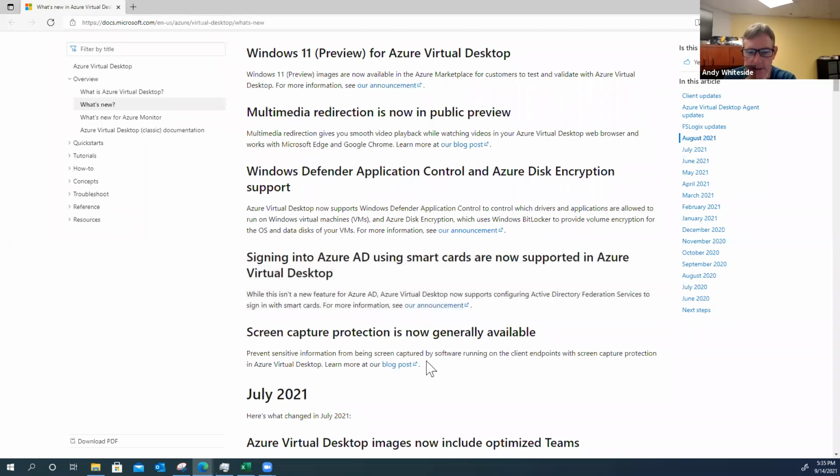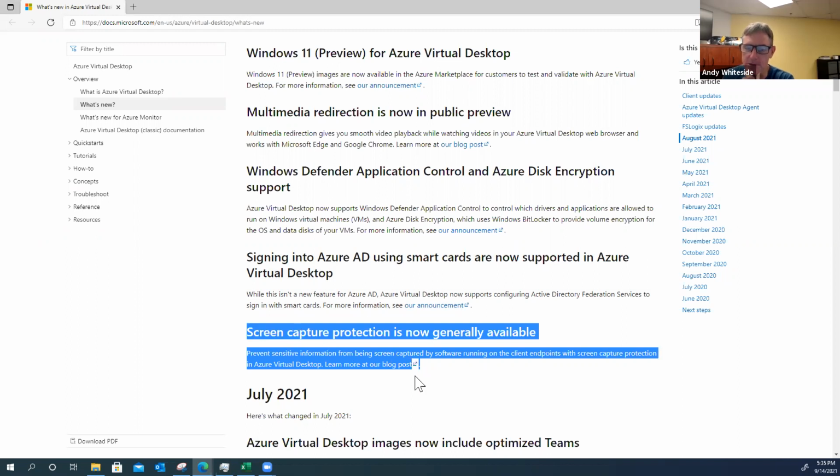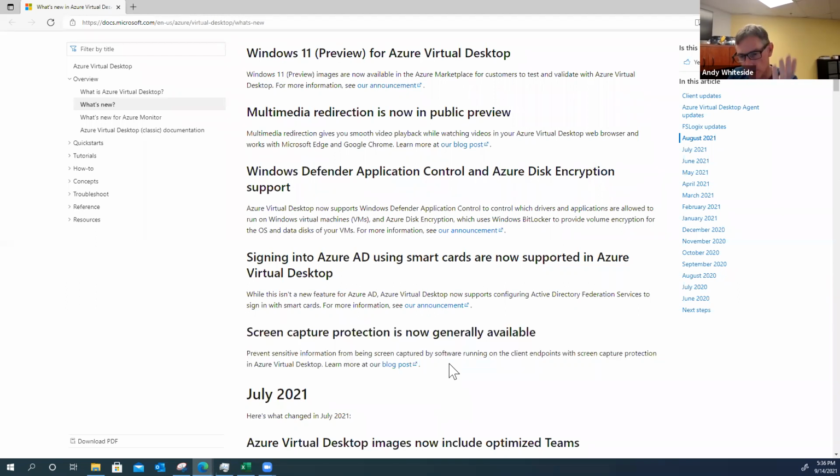So guys, the next and last topic here is screen capture protection. I ran into that the hard way with Citrix, where I enabled that, and then I went to do a demo via Teams and nobody could see my screen. And to be honest, I spent literally a minute or so trying to figure out what's broken. It's like, oh, wait a minute, this is how it's supposed to work. Rob, I guess this was something that was being asked for by your customers and made it to this point in the delivery that you guys put it in here.